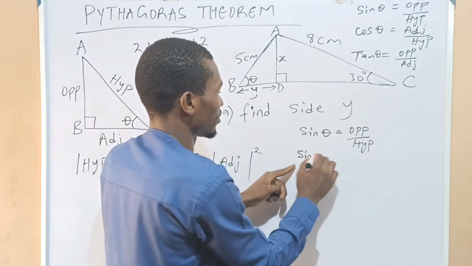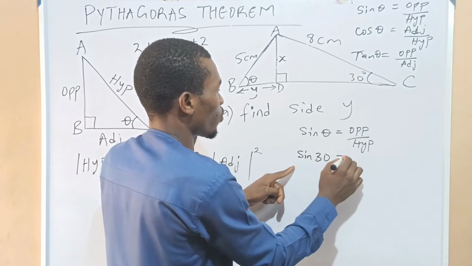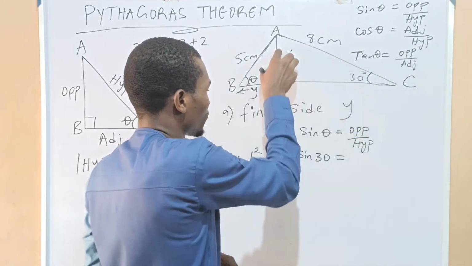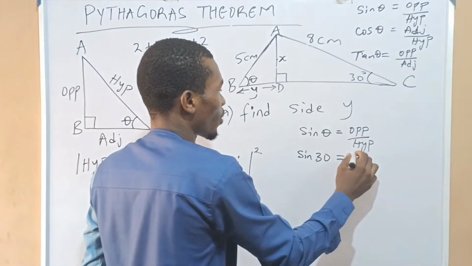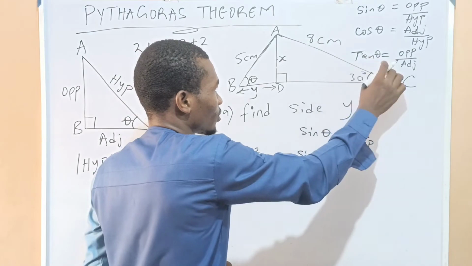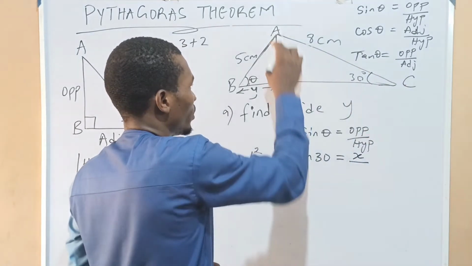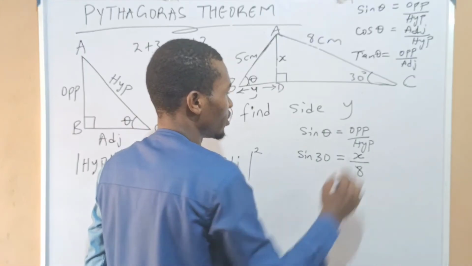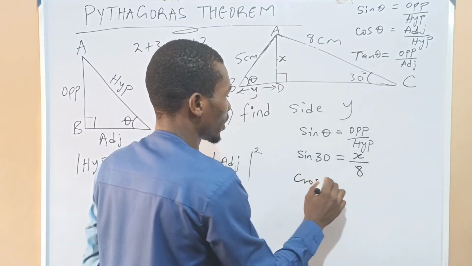Hence, we have that sine 30 degree is equal to, and our opposite is where this angle 30 degree is facing directly, which is our x, all over the hypotenuse, which is the longest side of this given triangle ACD, which is 8 centimeter, all over 8. So when we now cross multiply,